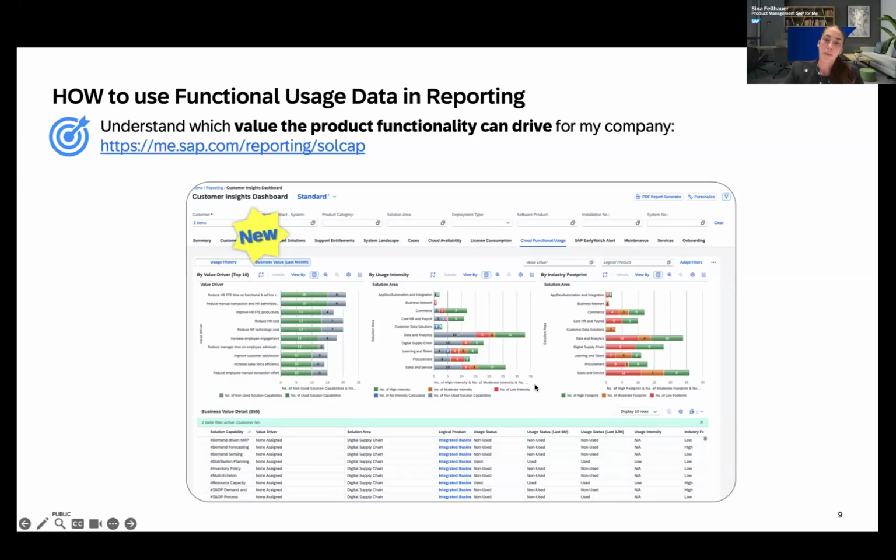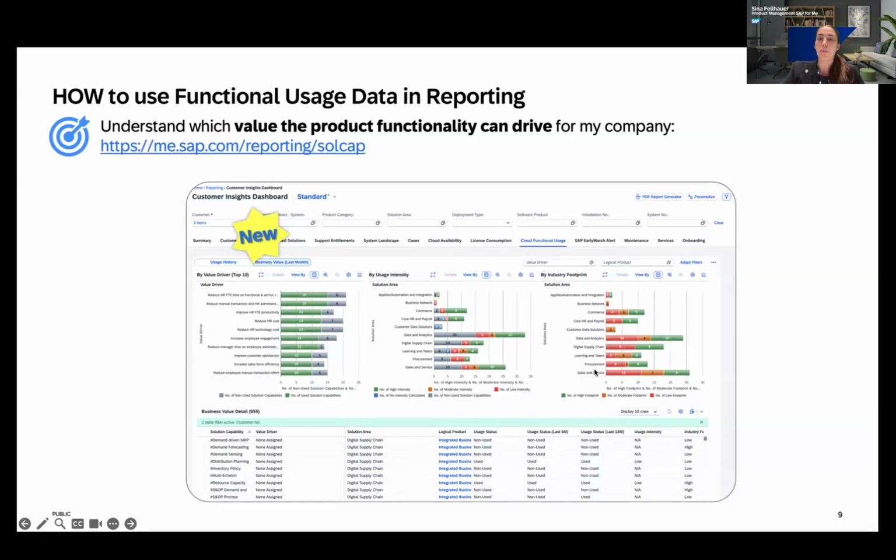The next couple of charts are quite interesting, I would say. This is again the usage intensity that I explained before, but mapped as a visual chart. You see here again the breakdown into the solution areas that you have seen before. And you can see here per solution area how the usage intensity is distributed. Again, the gray is you're not using at all. The red is your low intensity compared to industry peers, orange is moderate, and then green is high. On the very right, this is again a little bit of a different angle, and this shows you the same breakdown again, solution areas.